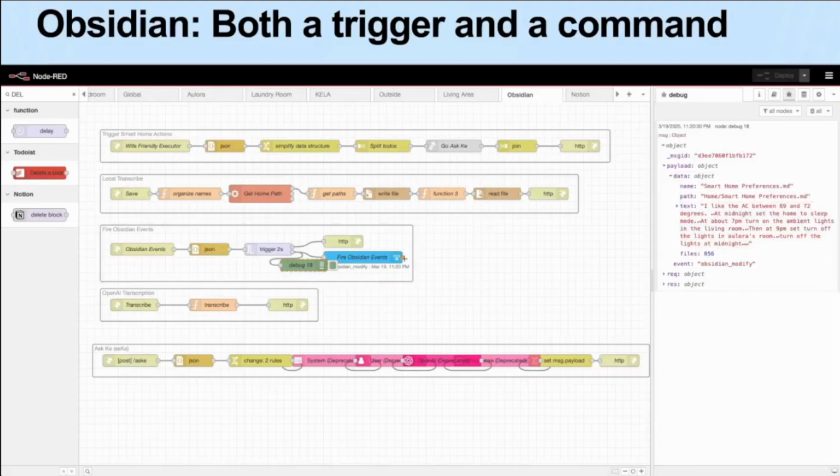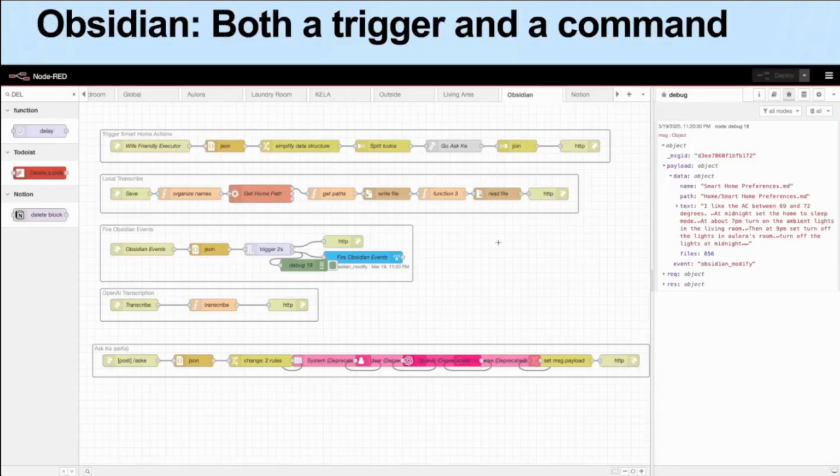So now, instead of just looking at triggers for, let's say, motion events or time or lights or whatever we typically look at, we now can make events or trigger actions based off of changes to Obsidian documents. You could just watch the events for Obsidian, and if you see a specific file change or specific things within a file that you're particularly looking for, you can trigger off of that.